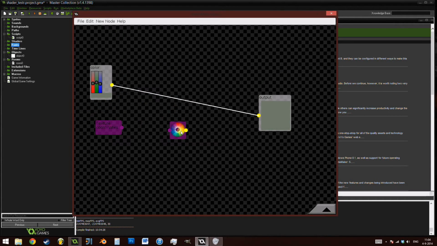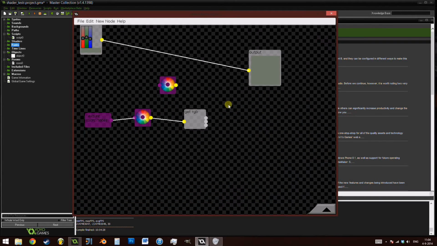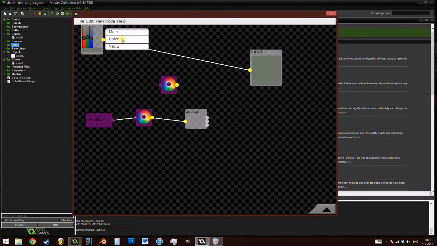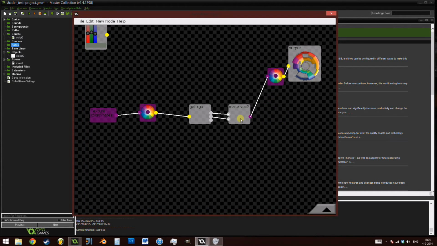Let's duplicate this node over here, like so, and plug in the texture coordinates here, and let's add a new get RGB node over here, like so. And now if I were to simply add a new node, let's do the make vec2 xy, connect it like so, and then connect this one over here like so. Like so, you now get a